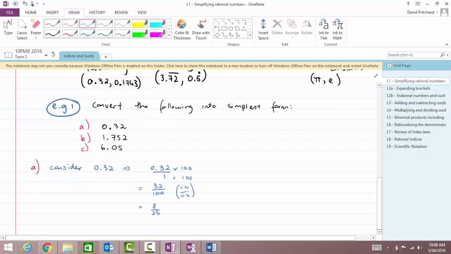25 is only divisible by 5 and 8 is not, so that's our simplified answer, 0.32 is equal to 8 on 25. Now when we look at our second example and we consider